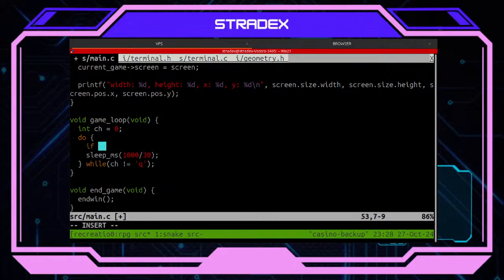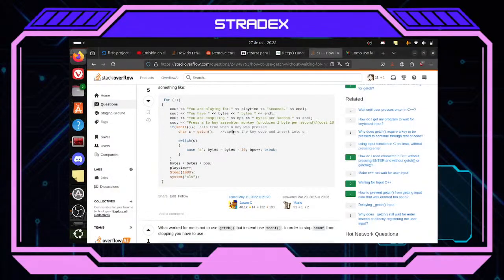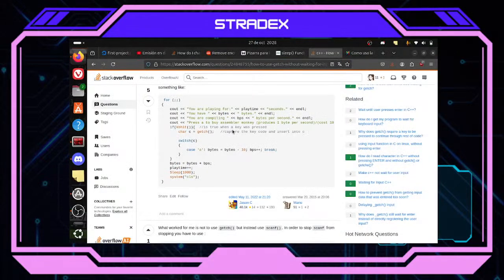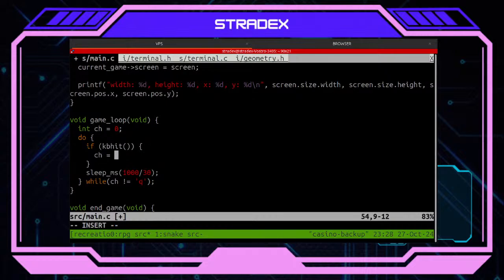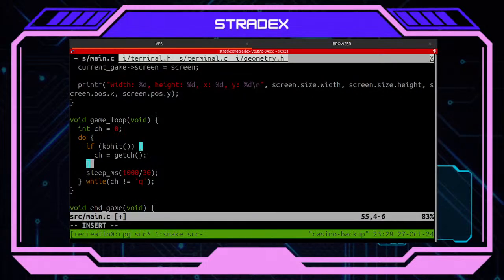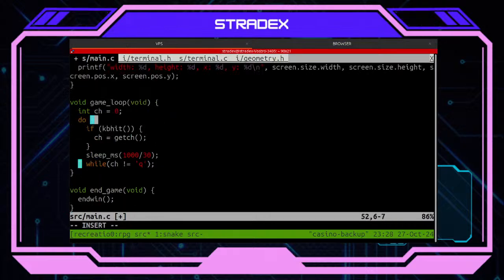Sleep milliseconds, and if keyboard hit equals... yes, perfect. And then we should be able to stop.